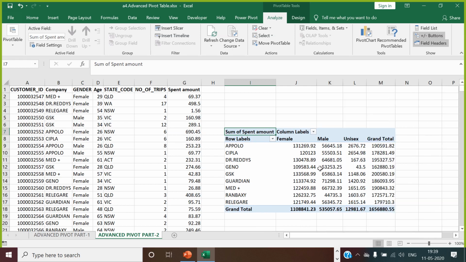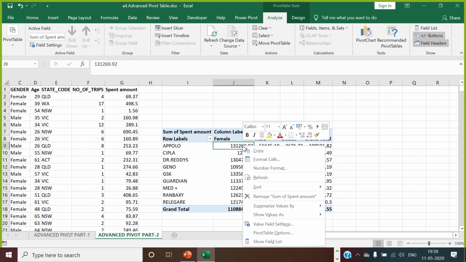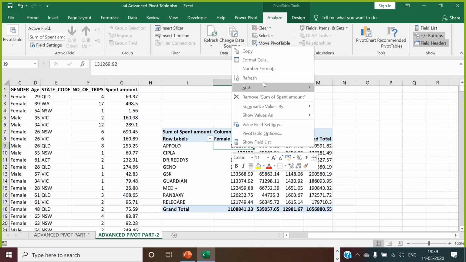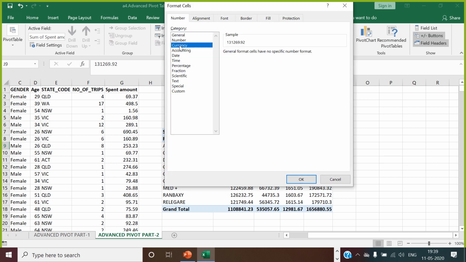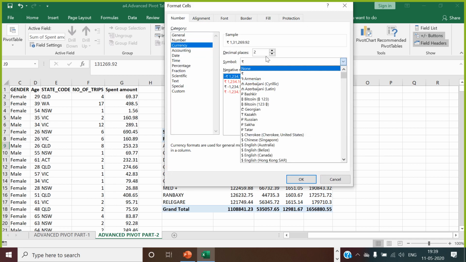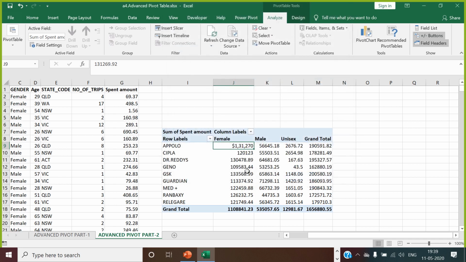Okay. So what options do I have here? If you right click, the first is format cell, then number format. Imagine I go to this value field, go to format cell, go to number, and make it a currency format. I choose Australian dollar with 0 decimal values. What happens here, guys?